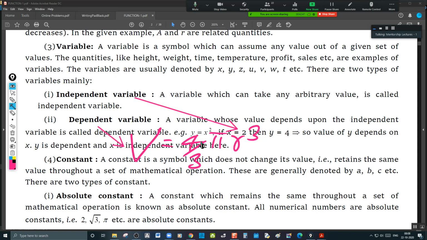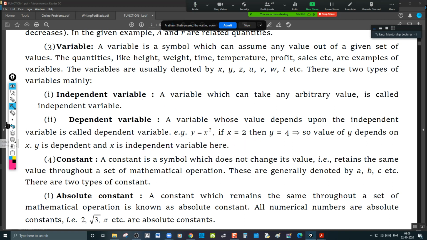Input and output, domain and range. And all these are nothing but independent variable, dependent variable. In other words, independent variable is the domain and dependent variable is the range. Okay, now